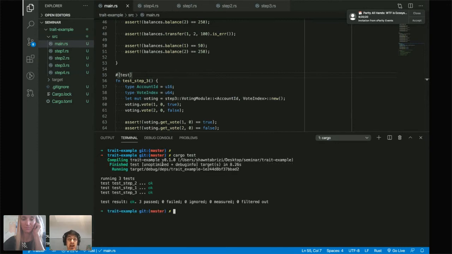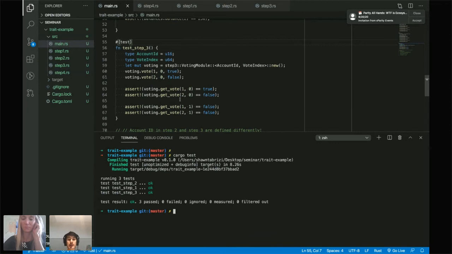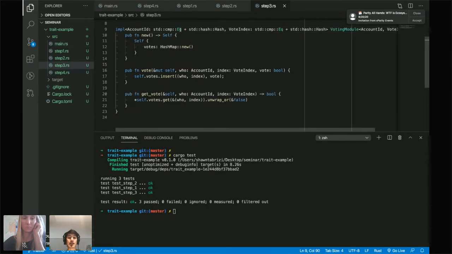Okay, and everything works again. So you can see here that the change I made was I took the struct, instead of giving it hard-coded types in the module, I added these generics. I just basically added these types that I wanted to use everywhere. And in order to do that, I need to constrain the types to function with the certain traits that are needed to make this functionality work.